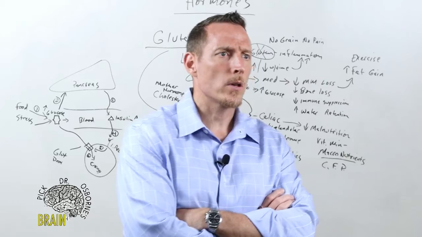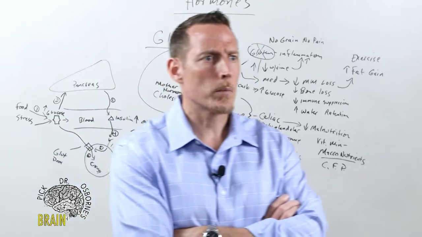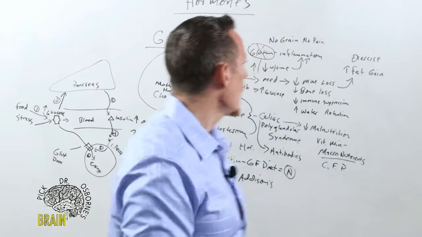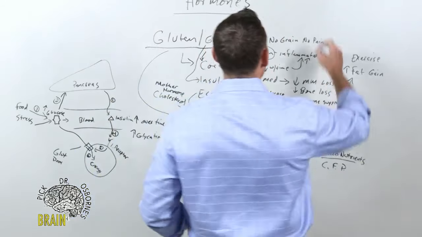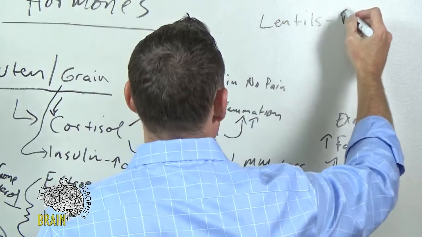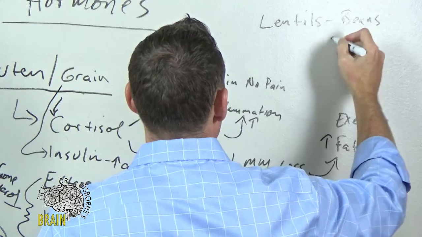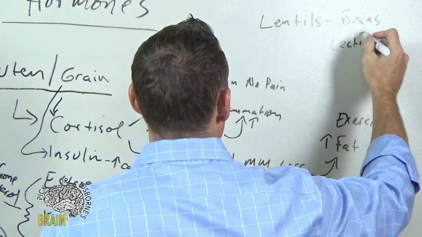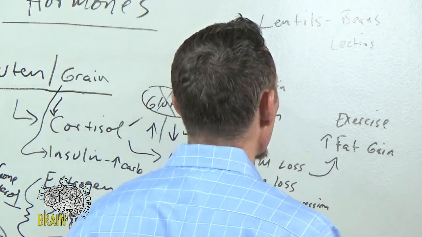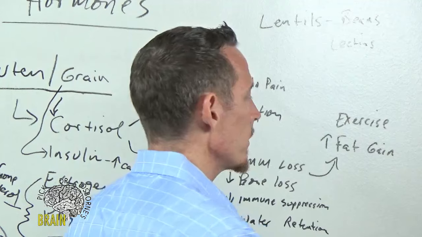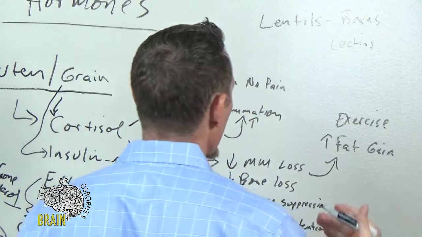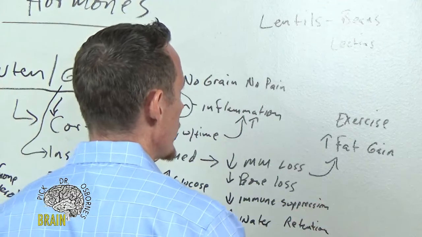Let's see here. So Victoria wants to know, I know you said not to eat lectins in your book, but what about various lentil pastas, safe or not? Depends on where you're at, Victoria. The whole issue with lentils and lectins and beans, so lentils, let's just put beans, and we have these lectins, and lectins are plant proteins. They're century plant proteins. They're designed to help preserve the life of the plant to prevent predators from eating the plant to extinction. And so what happens is a lot of people, when they're first going on that no grain, no pain diet and lifestyle,